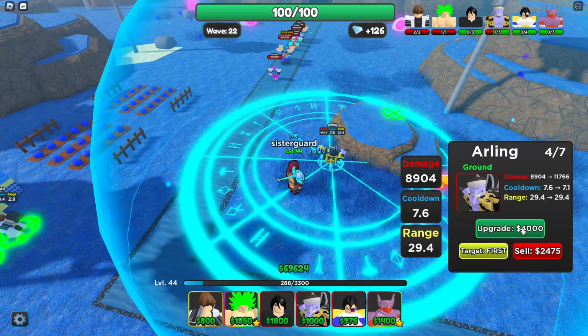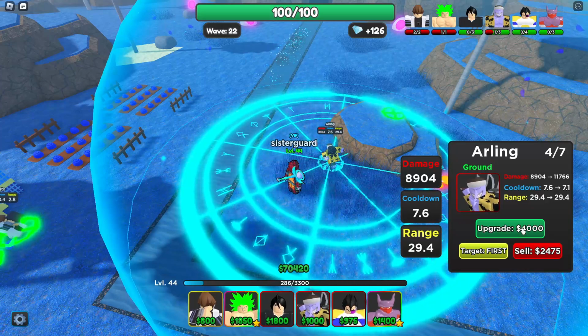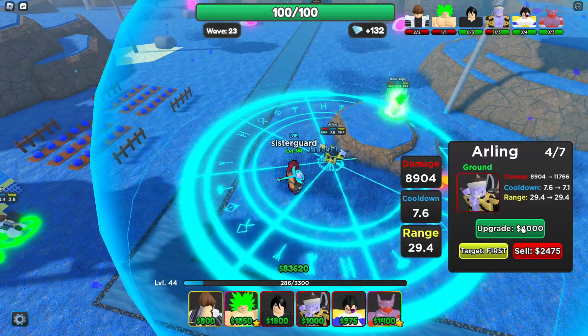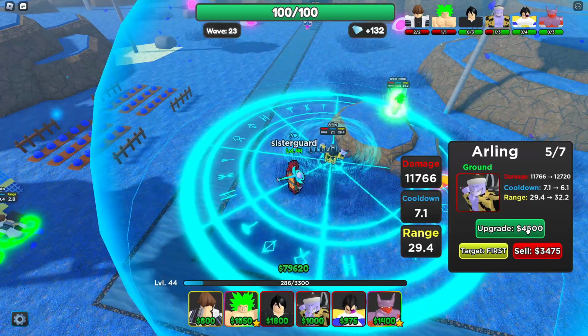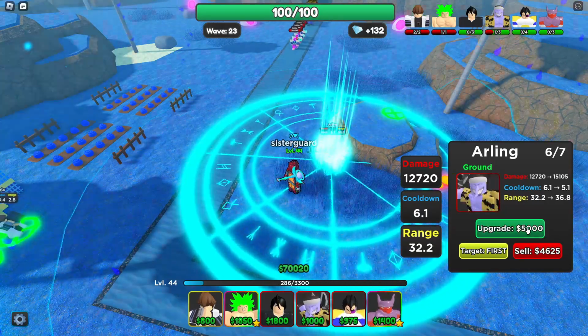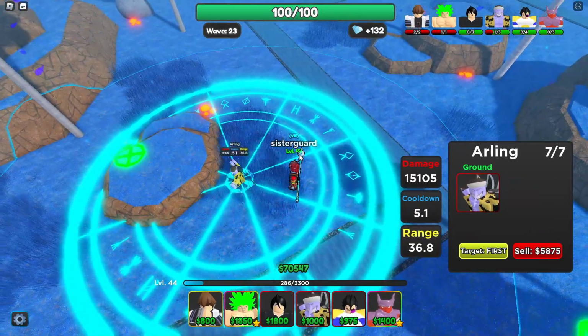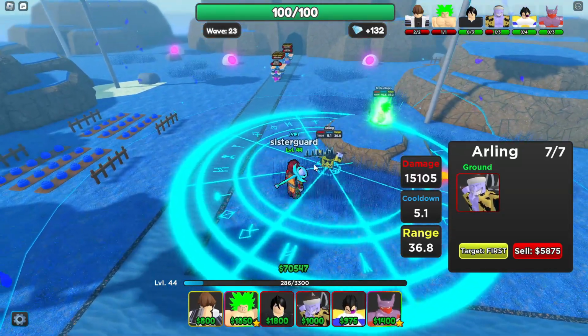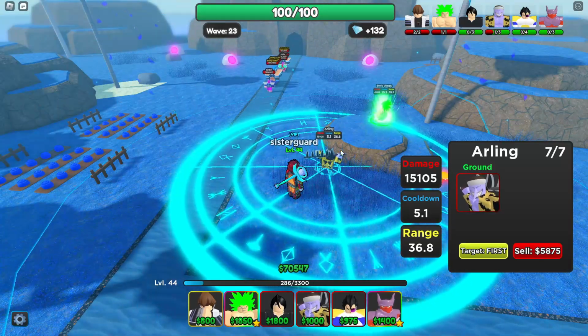Got rapid slashes. As you can see, his attack triggered there because the mobs got a little too close. Attack circle got a little bit bigger. These final upgrades, he does get a little bit bigger on his attack aura. So he's at 15,000, a 5.1 cooldown. But again, he